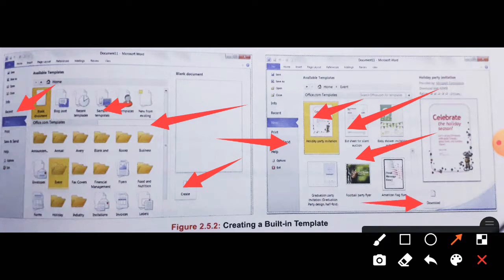You can also choose from a wide range of many other templates present under the Office.com Templates section. Click on the templates category, and as the last step, select the required category from the gallery, say Holiday Party Invitation, and click on the Download button in the preview pane.